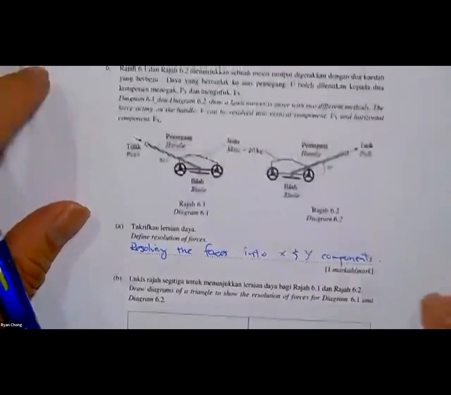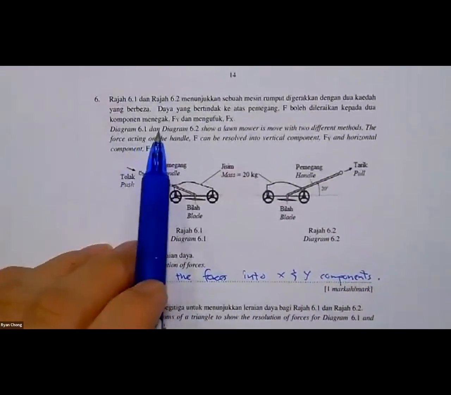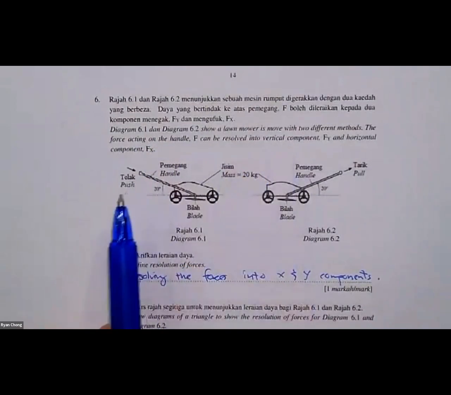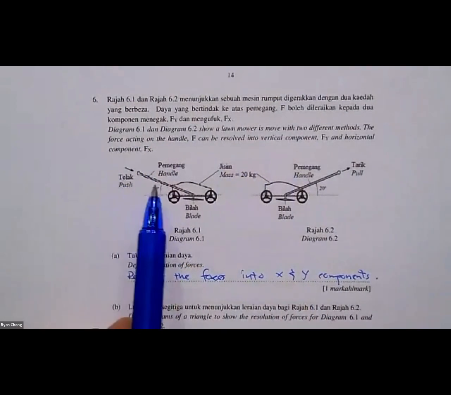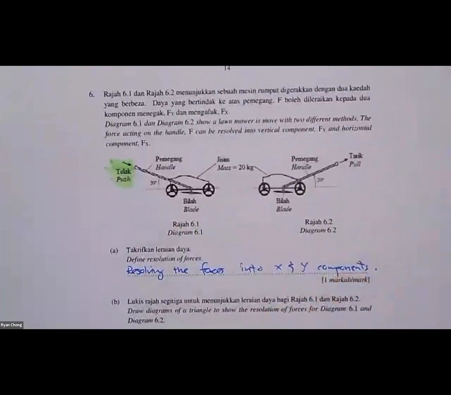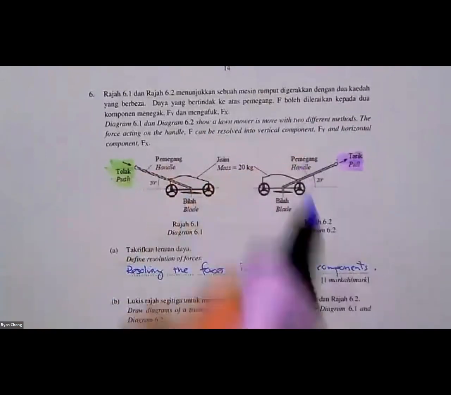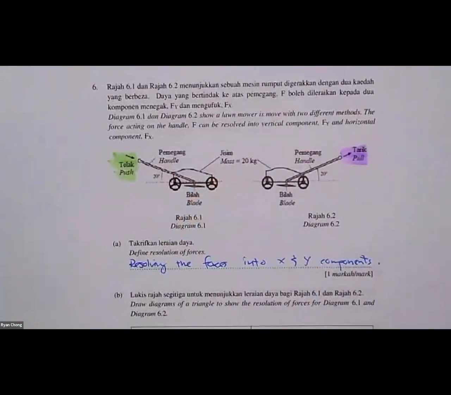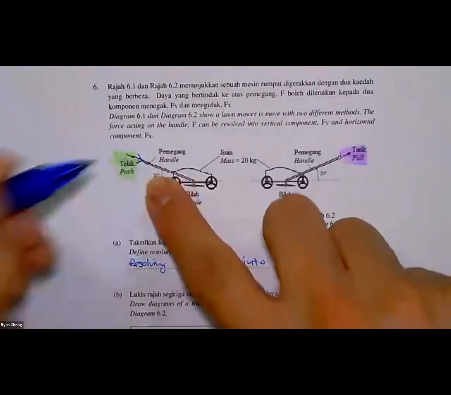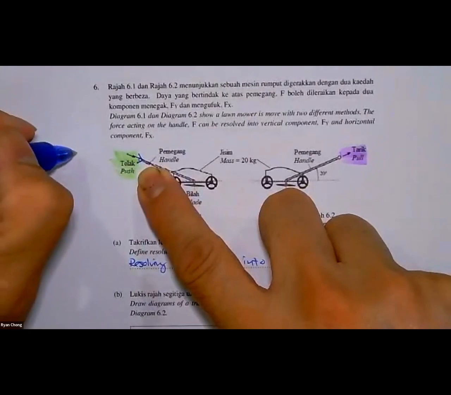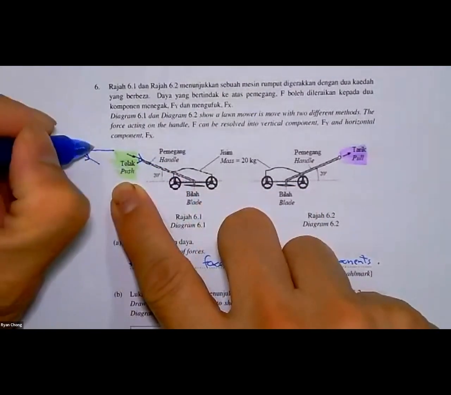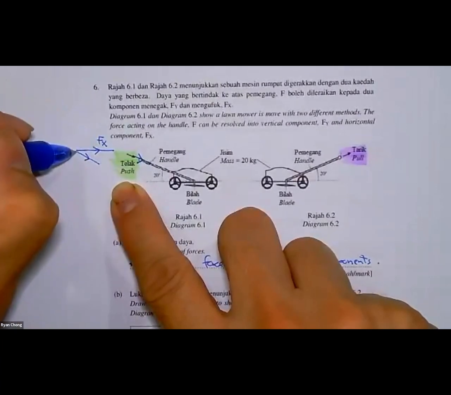Come to this one. Diagram 6.1 and 6.2 show 2 different methods to push the machine. This one is a push. This one is a pull. If push and pull, the forces act differently. This one you push down. If you push down, the force that you resolve will go forward, that is your Fx,